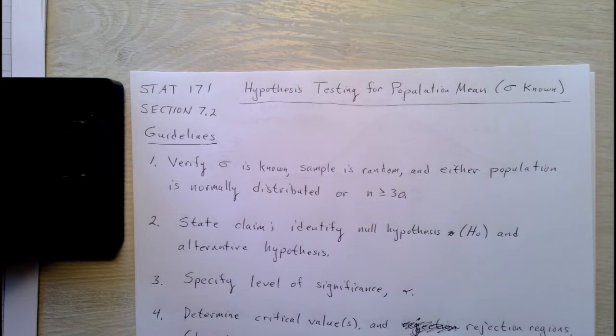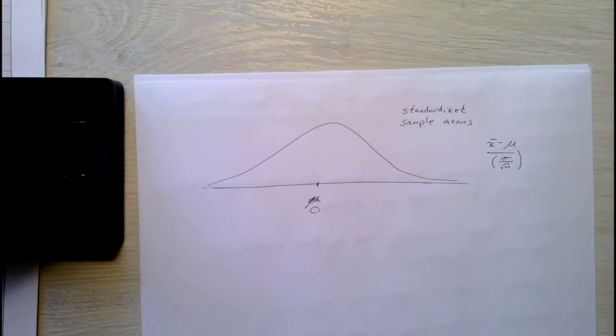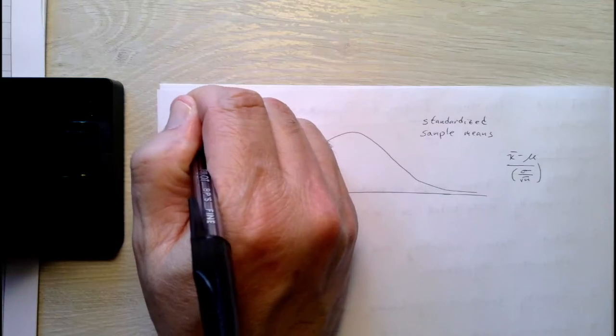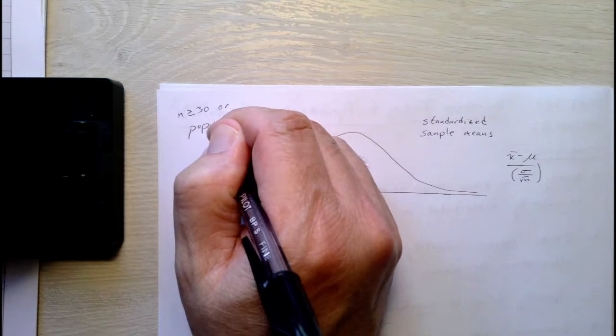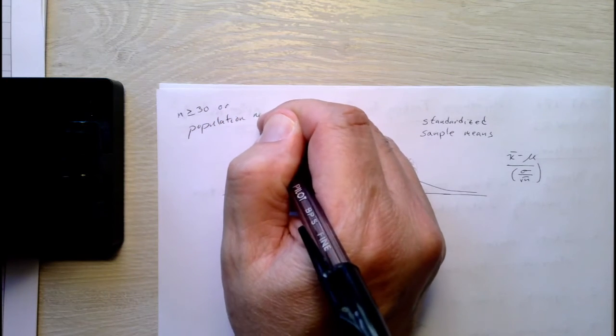Okay, in this video, we are going to go over the guidelines for hypothesis testing for a specific case, namely when you're testing a claim about a population mean in which the population standard deviation is already known. That is, when sigma is known. And in this case, what's basically going on here is that as long as n is greater than or equal to 30, or the population is normally distributed,